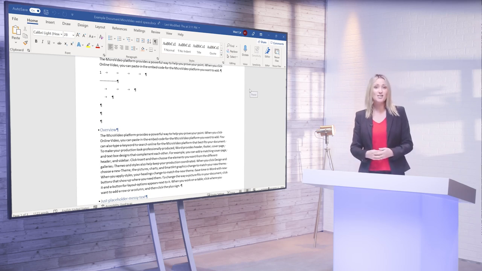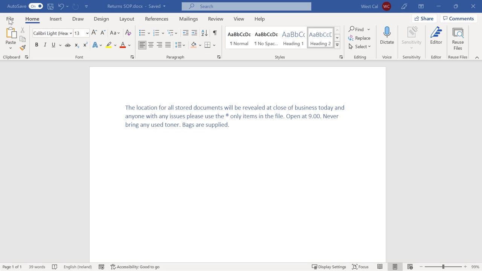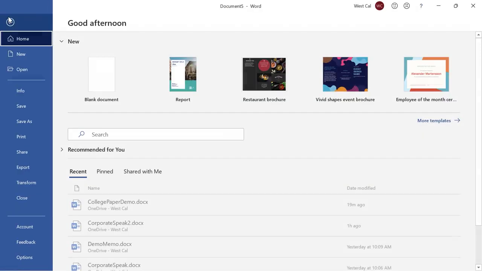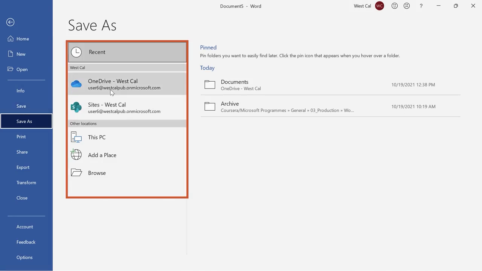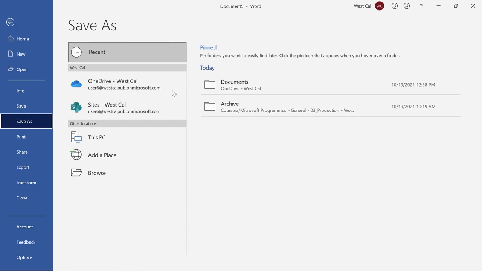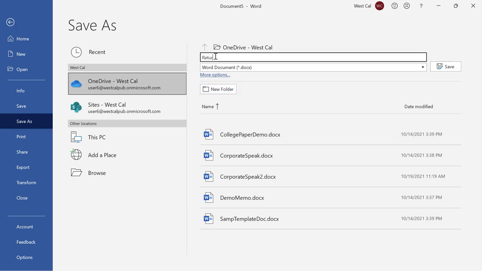Now that your content is inserted and is laid out nice and tidy, it's time to check out the Save options. To save a file for the first time, you click the Save icon on the Quick Access toolbar, press Ctrl-S, click File, Save, or click File, Save As. Any of these options will open the Save As dialog. On the left-hand side, choose the location to which you want to save. Notice that you have quick access to your PC, as well as locations connected to your Microsoft account. Then click the specific folder in which to place the document. You can now specify the file name and type it at the top of the folder list and click Save